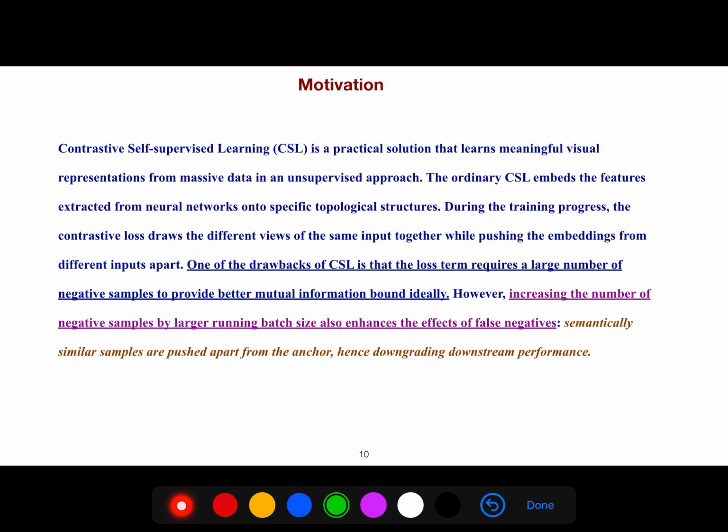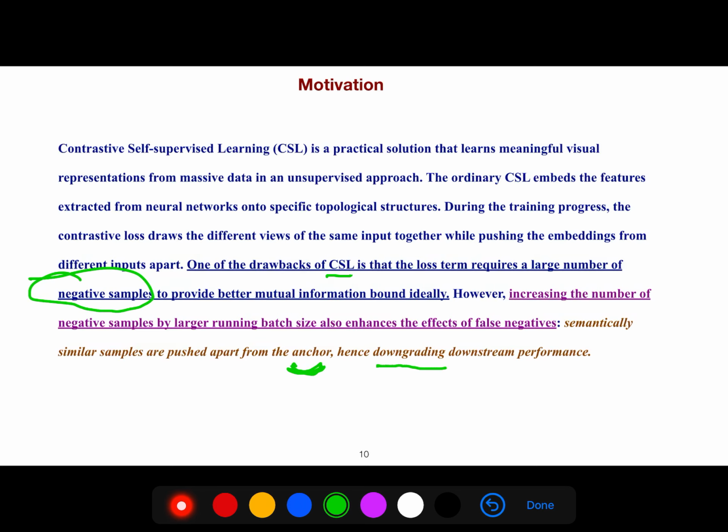One of the drawbacks of this self-supervised learning is that the loss term requires a large number of negative samples to provide a better mutual information bound. However, increasing the number of negative samples by larger running batch size also enhances the effects of false negatives. Semantically similar samples are pushed apart from the anchor point,